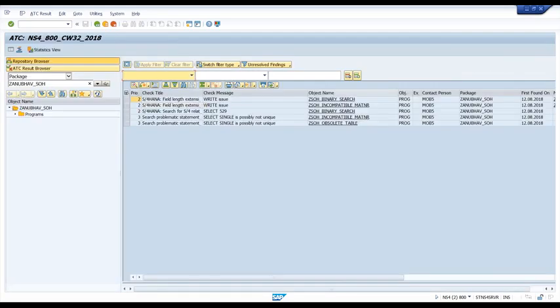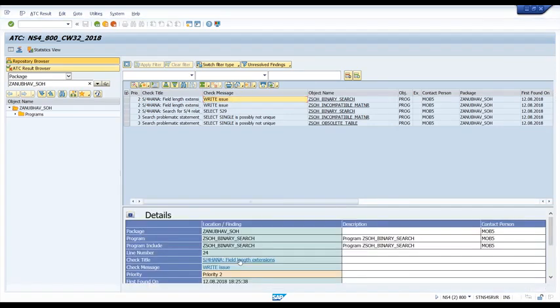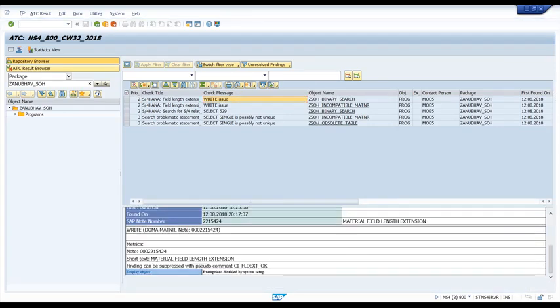Okay, there's a write statement issue here. I think some write statement issue with some length restriction. That's a Prio 2. Material field length extension, that's okay. You can also suppress the finding using pseudocode, guys. If you feel that this is not actually really an issue, you can suppress it. Of course, you've got to discuss with your architect for such exceptions. But this kind of issue, like just a write statement with a material number field getting printed, shouldn't be an issue actually. So you can take this pseudocode and comment it.